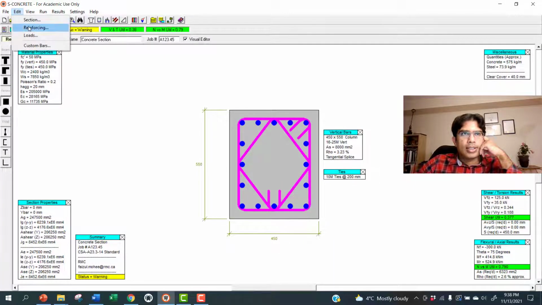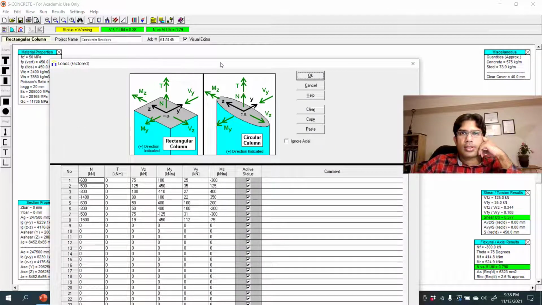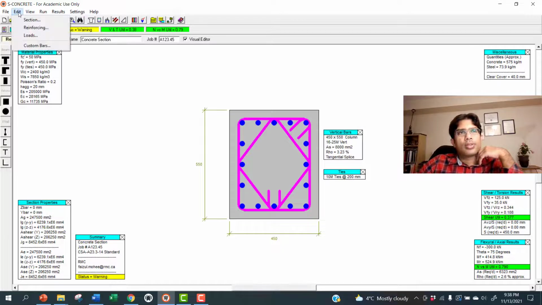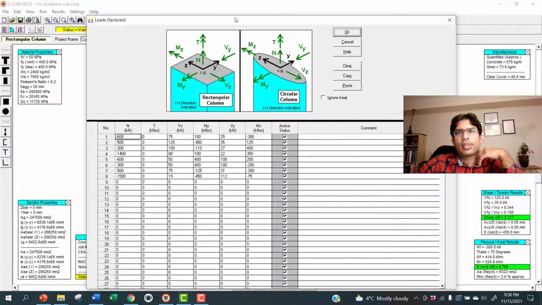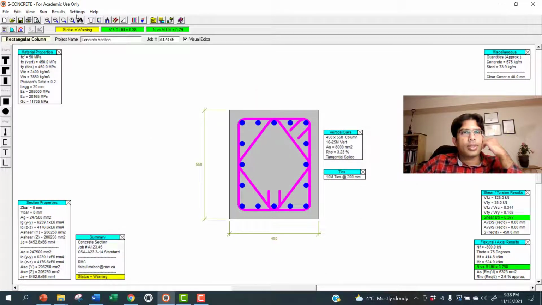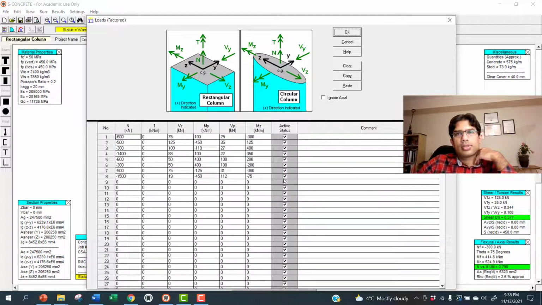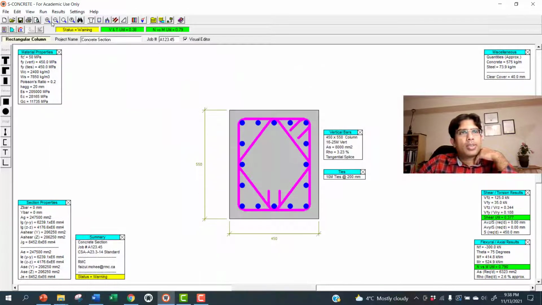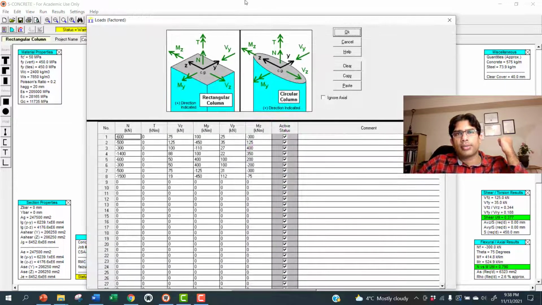There are two ways you can give it. You can go to Edit and Loads. If you go to Edit and then click on Loads, you get this table. You can find another way. If you click on this in the top row, see this one, column sign, and then there's an arrow, a downward arrow, load sign. You can click on this. I'm just doing it one more time. In the top row, click on this button, and then you'll get this one.